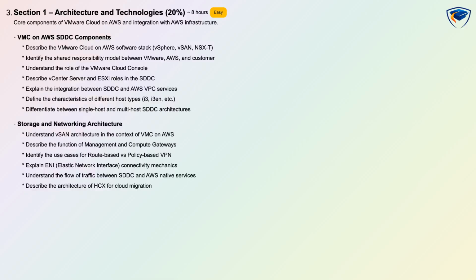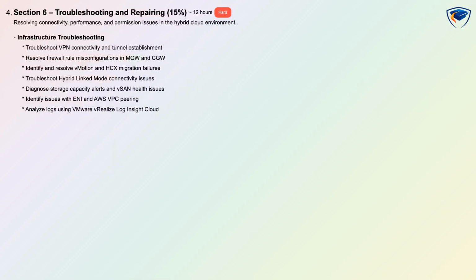within the SDDC. The storage and networking architecture topics teach vSAN architecture in the VMC context, the roles of management and compute gateways, differences between route-based and policy-based VPN, ENI connectivity mechanics, traffic flows between SDDC and AWS native services, and the architecture of HCX for migration, including host type characteristics like I3 and I3EN and single host versus multi-host SDDC designs. Section 6, Troubleshooting and Repairing, is 15%, rated hard with an estimated 12 hours and scenario-based assessment, emphasizing